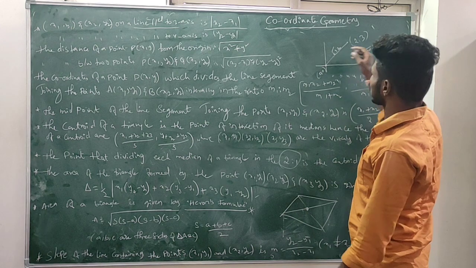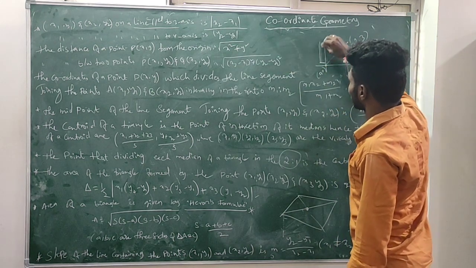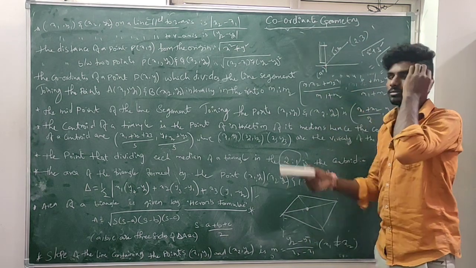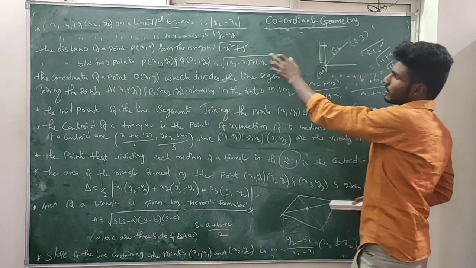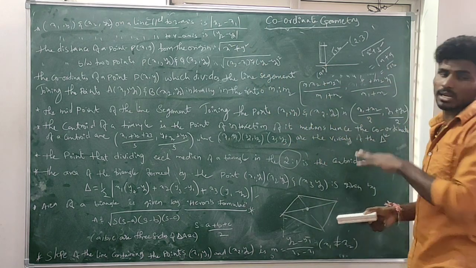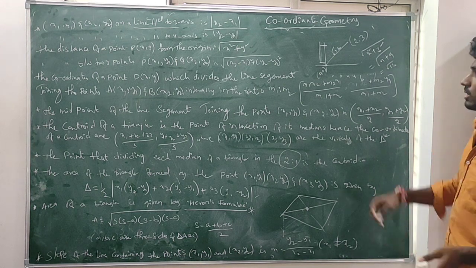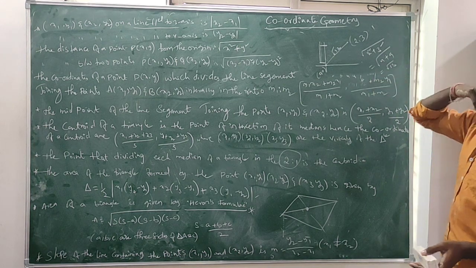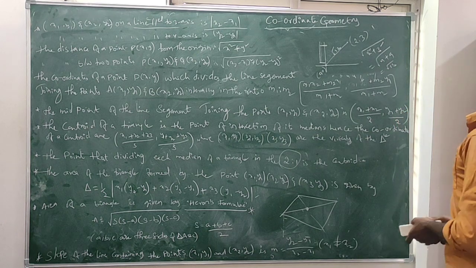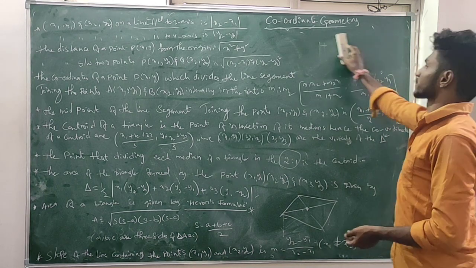Why we use this type of formula is, in the last case, the line was parallel, so if you draw perpendiculars you can directly find the distance. But in this case, this is the origin and the line is not parallel to any of the axes, so there is no other way. That is how you should use the formula under root x square plus y square. In detail you will understand in the next points.